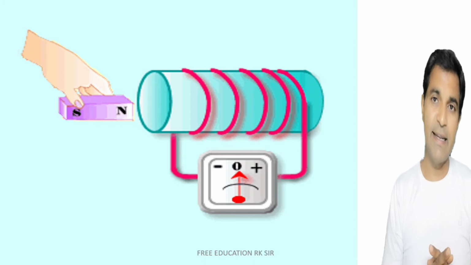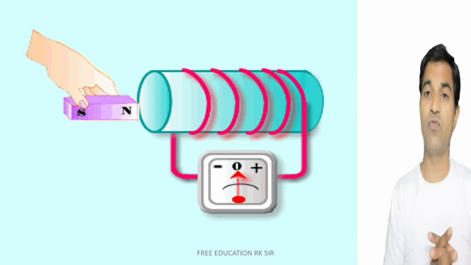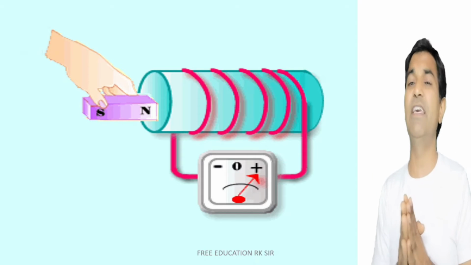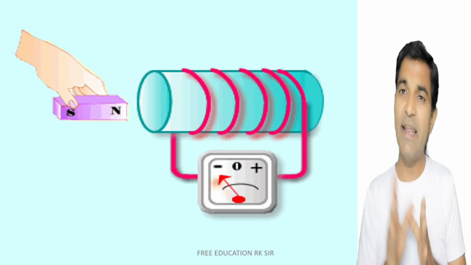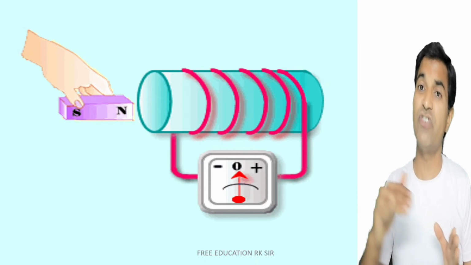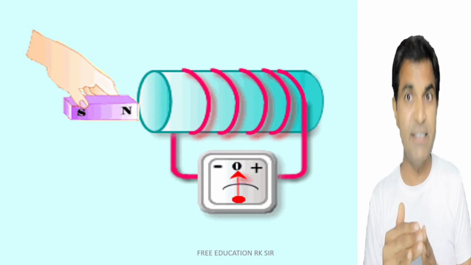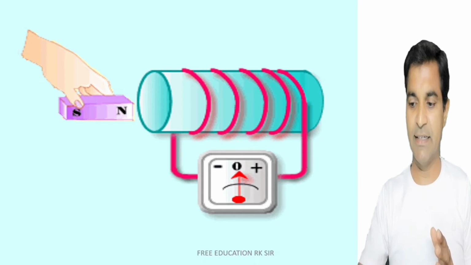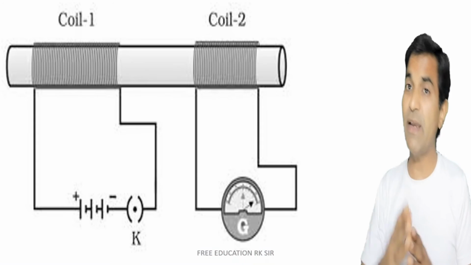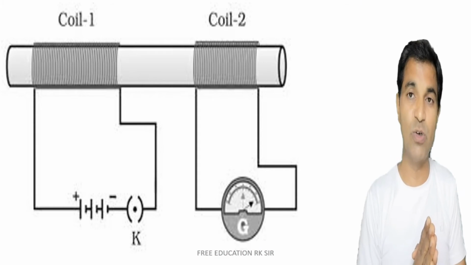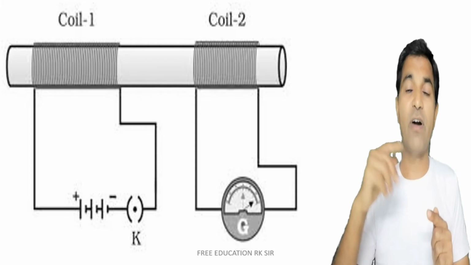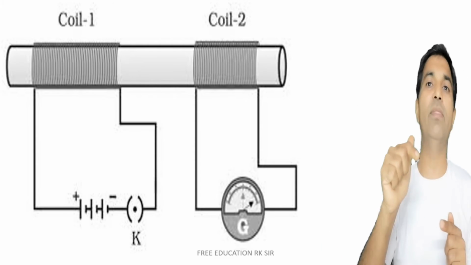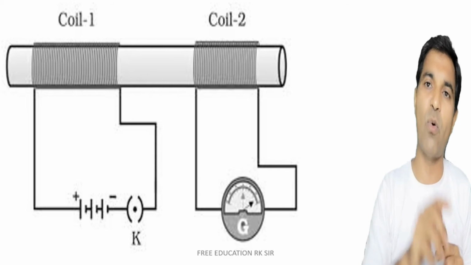Now, electromagnetic induction. In case of electromagnetic induction, it was very clear that the direction of the induced current or induced EMF, EMF meaning electromotive force, changes whenever there is a change in the direction of the magnet, right? It was very clearly understood that the direction of current induced in coil number 2 is dependent on the direction of the magnetism induced in coil number 1.